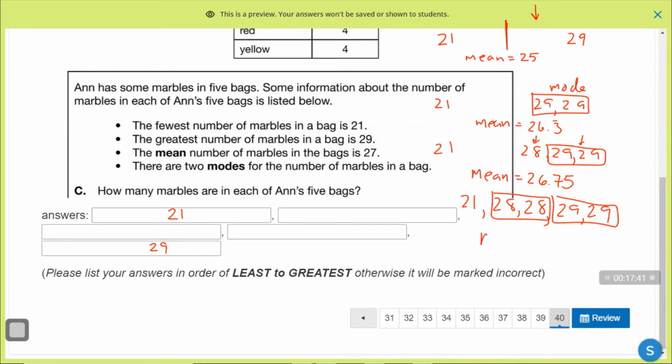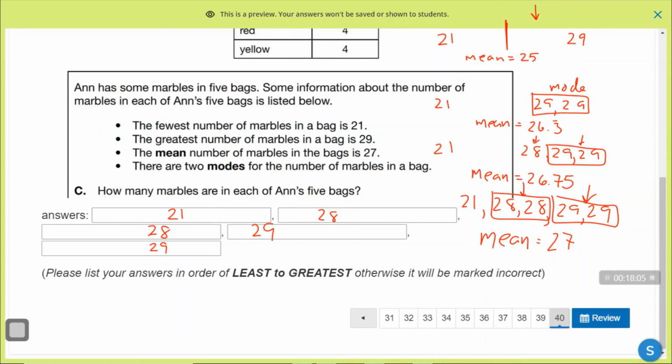At that point, if I add them all up and divide by 5, I see that my mean is indeed 27. I have 2 modes, both 28 and 29, because both are repeated twice. I have 5 total numbers with a minimum of 21, maximum of 29, and that's what my final answer is going to be. It's a little bit of guess and check here, but the key is to recognize